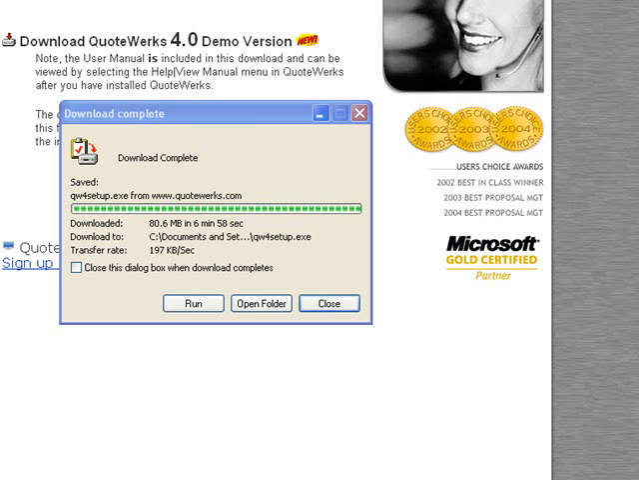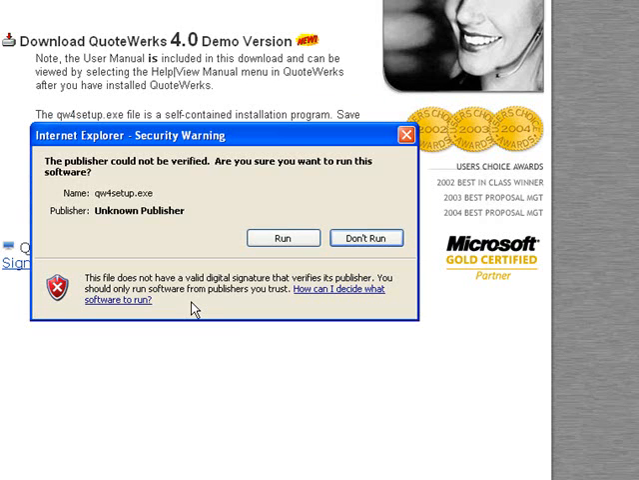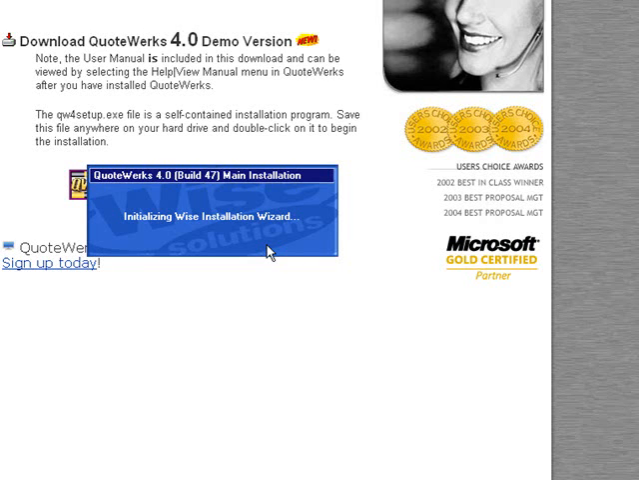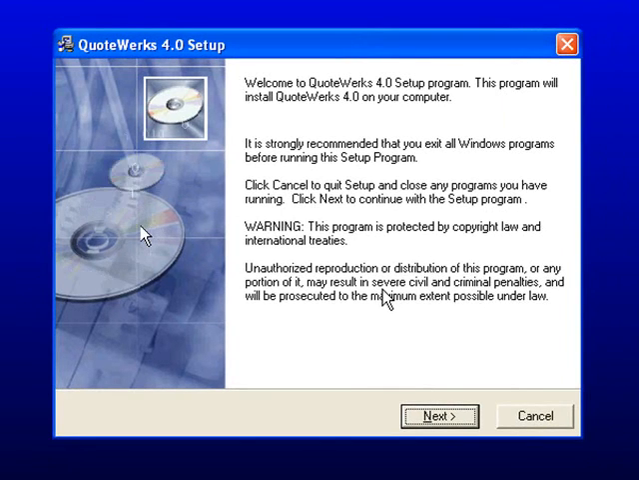Once you've shut down or disabled any other programs, run the QuoteWerks installation file. You may receive a warning stating the publisher could not be verified. If you do, just click Run. You will now see the QuoteWerks installation welcome screen. Click Next on each of these steps,